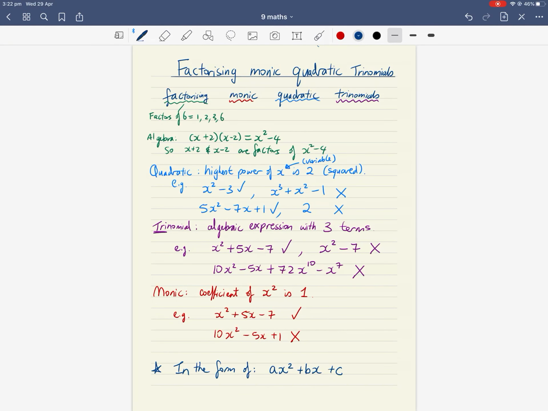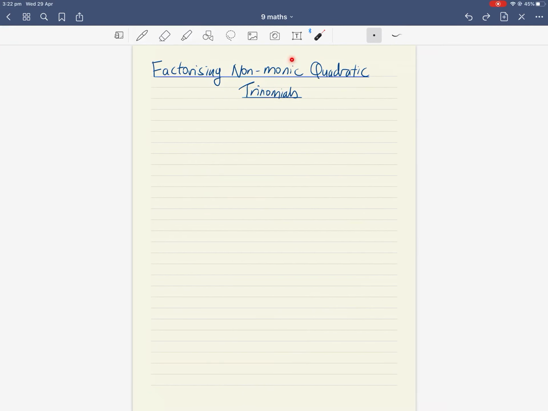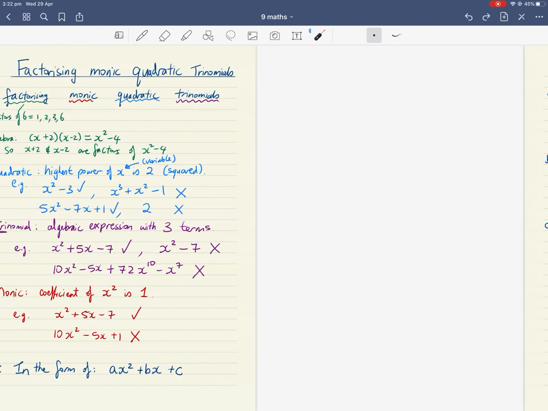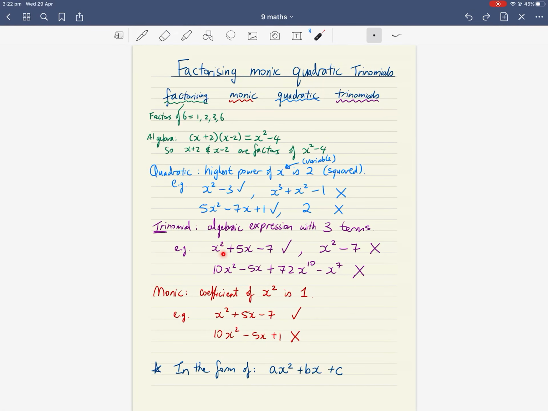So this is a follow-on from yesterday's lesson, where yesterday we were looking at factorizing monic quadratic trinomials. Yesterday we looked at how factorizing means writing it as brackets multiplying by each other. Monic meant that the coefficient in front of the x squared is 1. So today when we're looking at non-monic quadratics, the coefficient in front of the x squared is not 1 anymore,